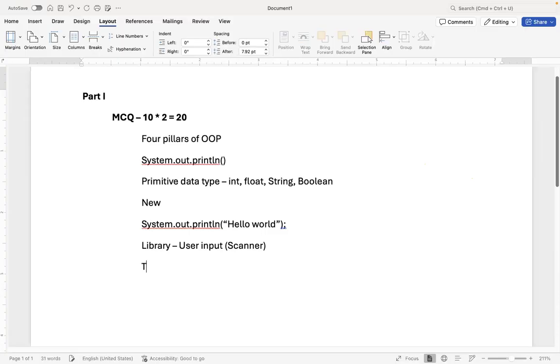And then please go through the 3 types of data conversion. So I told you we have 3 types of data conversion. The 3 types are